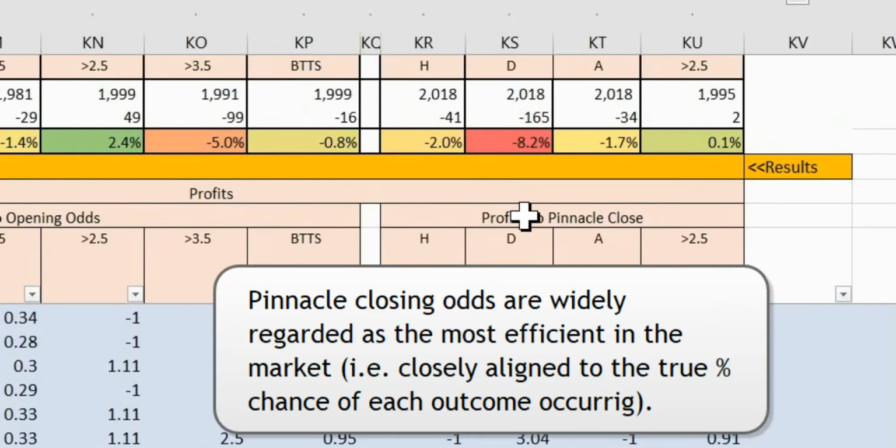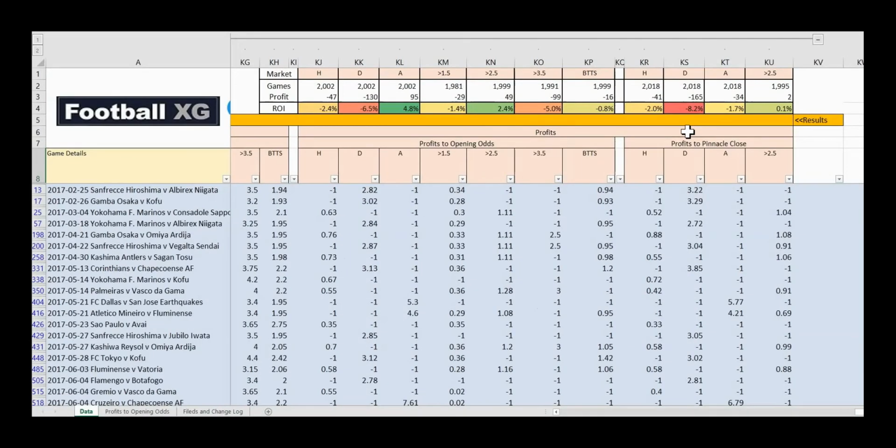And as mentioned before, we don't actually recommend betting to closing prices, because that is when the markets are at their absolute most efficient. And so the odds of actually beating the closing prices are very difficult. So we always recommend to get on as early as possible. But in reality, you'll be getting probably some profit somewhere between the opening price and the closing price.